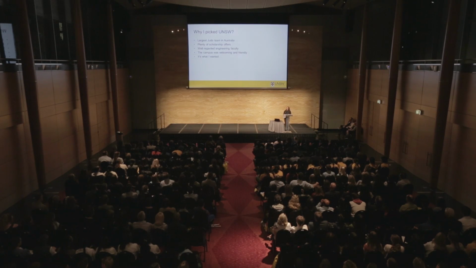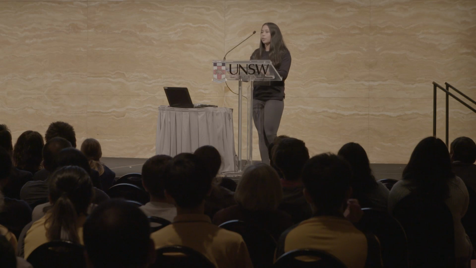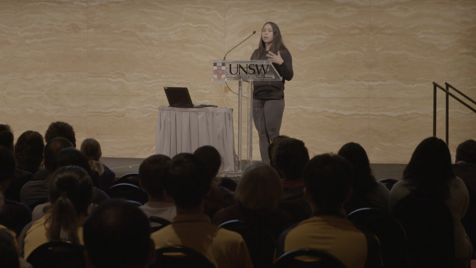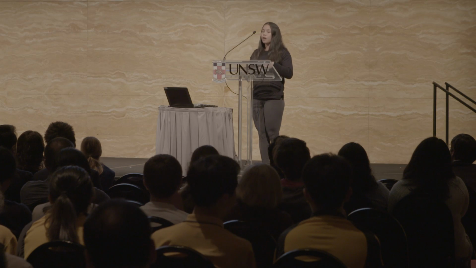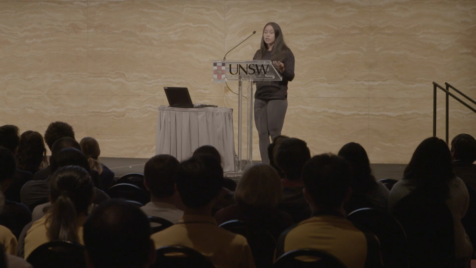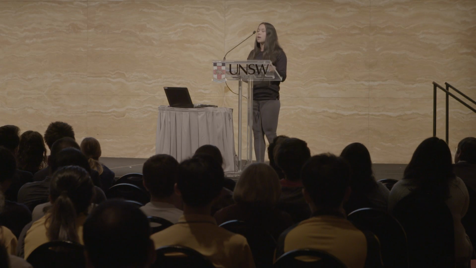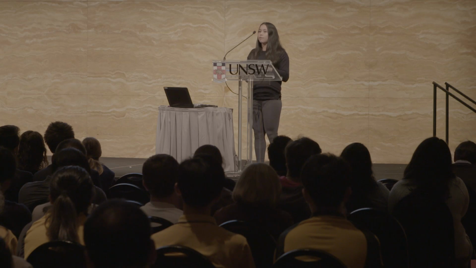But when it came to picking a university, one of the main reasons that I picked UNSW was it offered dual degrees. So I wasn't sure whether I wanted to do science or engineering, but at UNSW I was able to do both. So instead of doing a 4-year engineering degree and a 3-year science degree, by doing them at the same time, it was only 5 years. And I thought that way I kind of had a bit more flexibility in deciding what I wanted to do at a later date. That said as well, I heard about this thing called an internal program transfer.